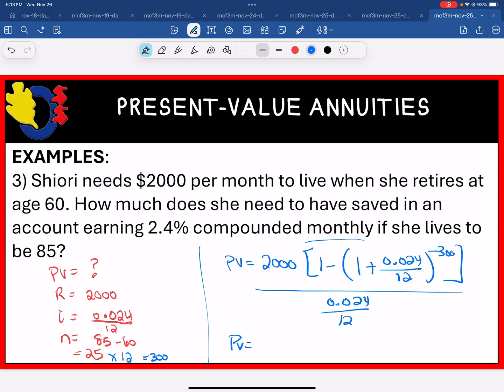I close 2 brackets, exponent negative 300, close another bracket, hit equals, and then I hit divide, open up a bracket, 0.024 divide 12, close bracket, equals, and then we get